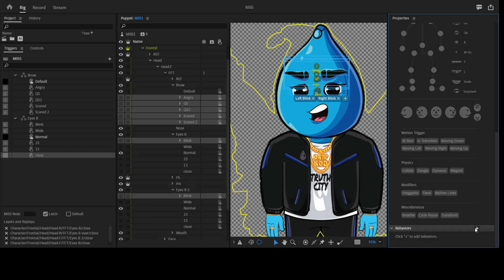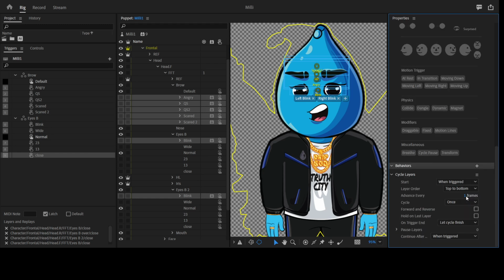Let us come down and add a cycle layers behavior, and you do exactly the same thing. 2, forward and reverse, hold on last. Good. So we're done with one other profile, and it's the same thing you duplicate for every other profile too,